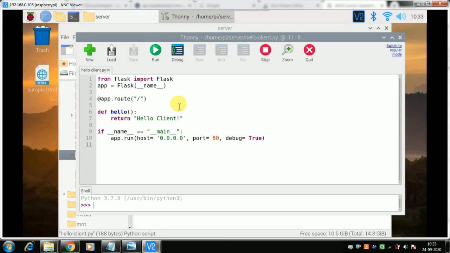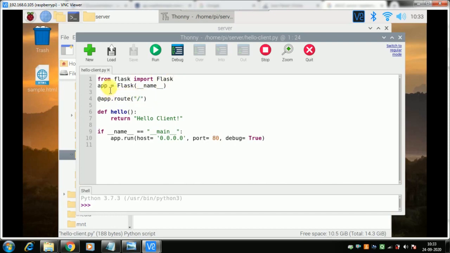Okay, so to run as a server you need a new package that is called Flask. Flask is a Python framework for website development, web page development. Normally Flask comes installed with Raspberry Pi OS. If you don't have it, then again the same command: go to the CLI and run sudo pip install Flask. Once that is done, you come back here and import Flask. You don't import the whole package, you import just one function, that is Flask.